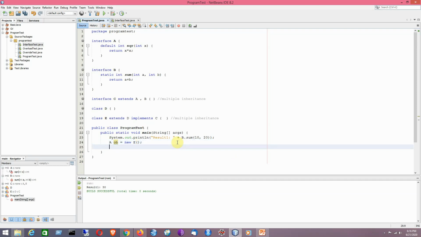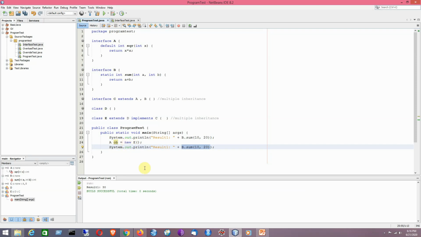So now I can have access to this particular method by using the interface reference, because it is now being pointed to by the object of its subclasses following the hierarchy downwards.